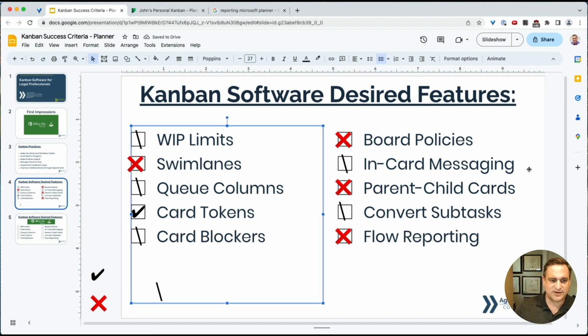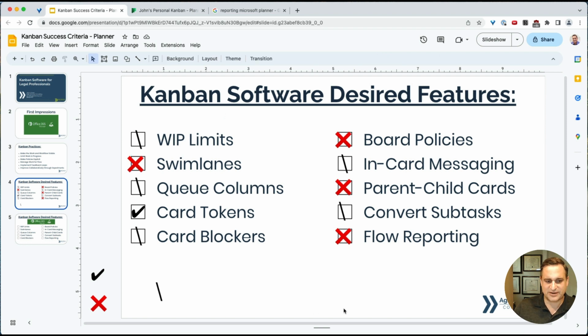Yeah, so, a couple of partials, right? We can do these card tokens. We can set up a basic Kanban board, but the overall functionality of Planner looks pretty limited to me. Like I said, based on what I've seen here, I don't think of it as a Kanban tool. I really think of it as being more akin to a list of lists. You can do some rudimentary flow with it, but